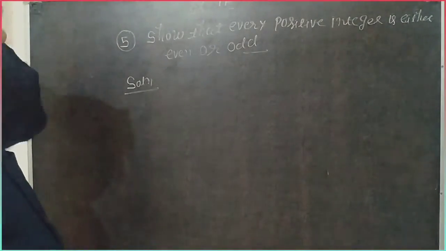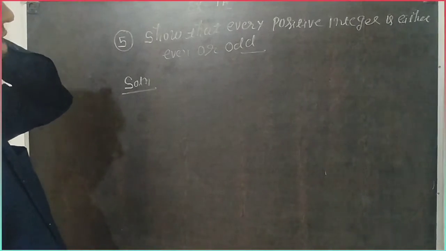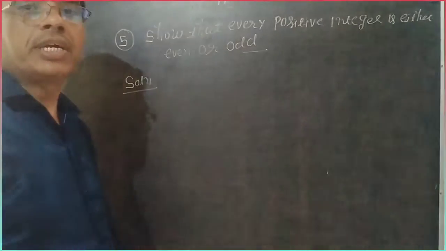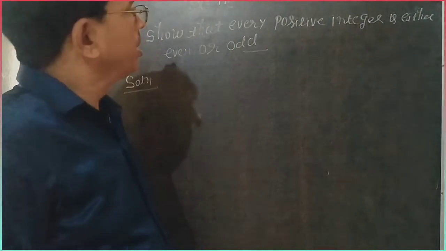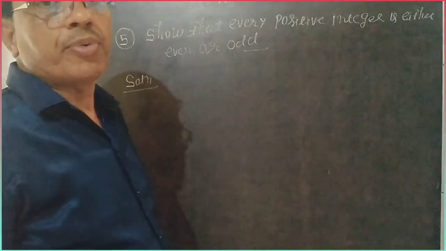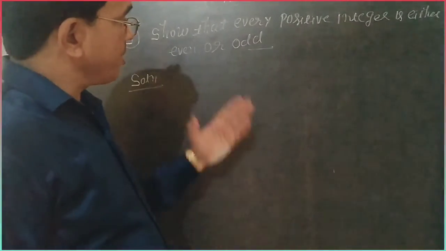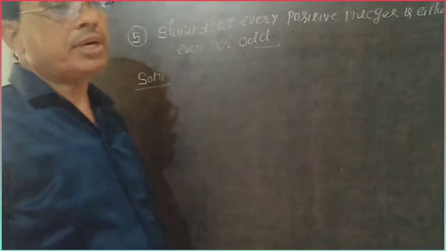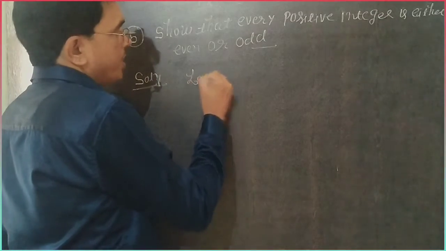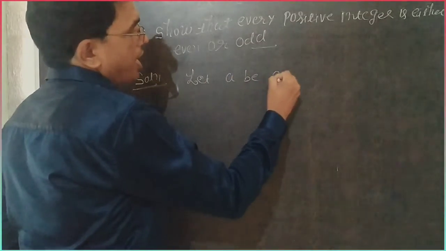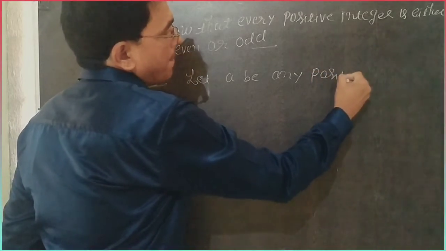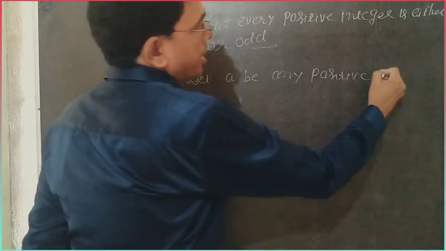Your question 5 is: show that every positive integer is either even or odd. This question I solved in examples, example 2 or 3, but the statement was changed, that is in the form of 2m plus 1. Similarly, this question you can solve by that method. So let this be the solution. Let a be any positive integer